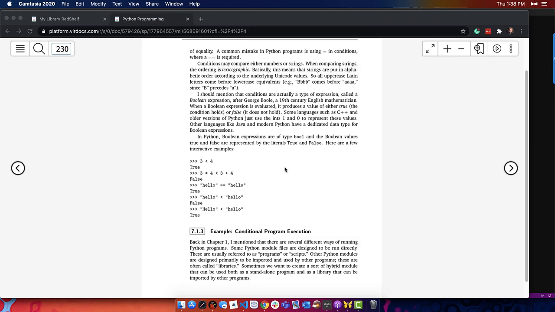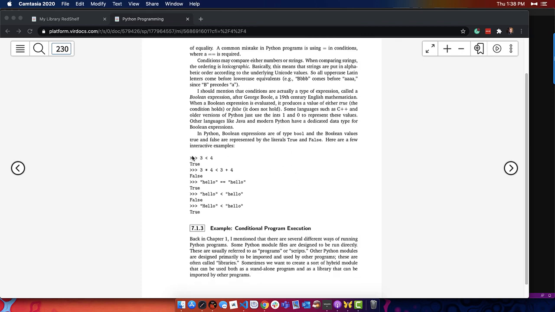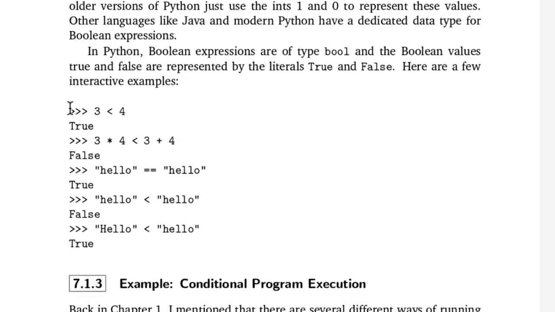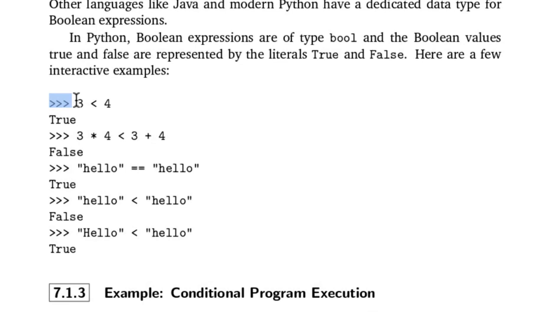In the textbook, I'm looking at my online version now. You see how they have these triple chevrons here, these triple greater than signs, and then some code, and then they hit enter and it says the value, right? During, I believe, the first class, I went over this, but I thought I'd go over it again because a lot of times on a quiz, you may be asked to evaluate an expression, just like any of these right here, right? And instead of creating code or a program in VS Code to do this, what you can do is,